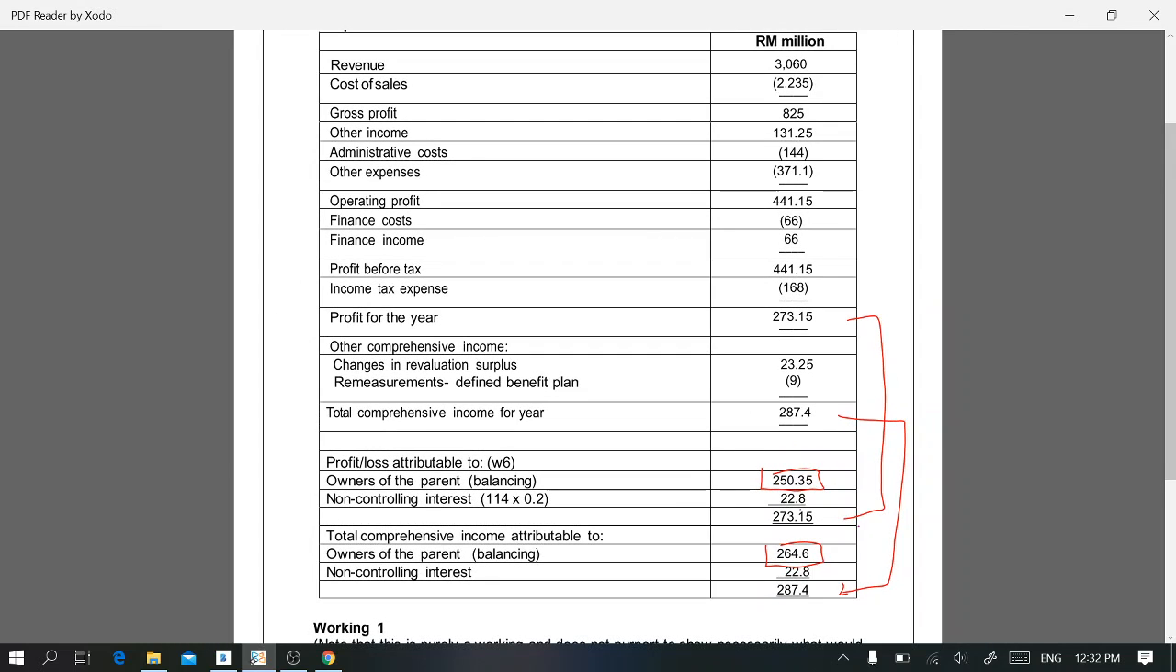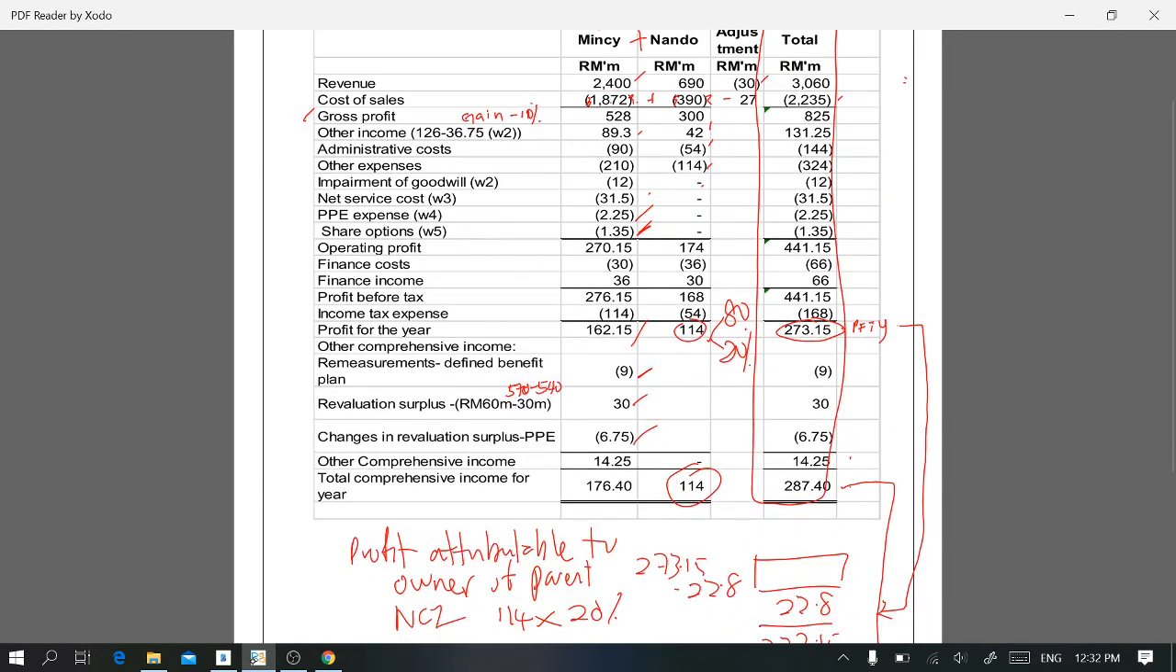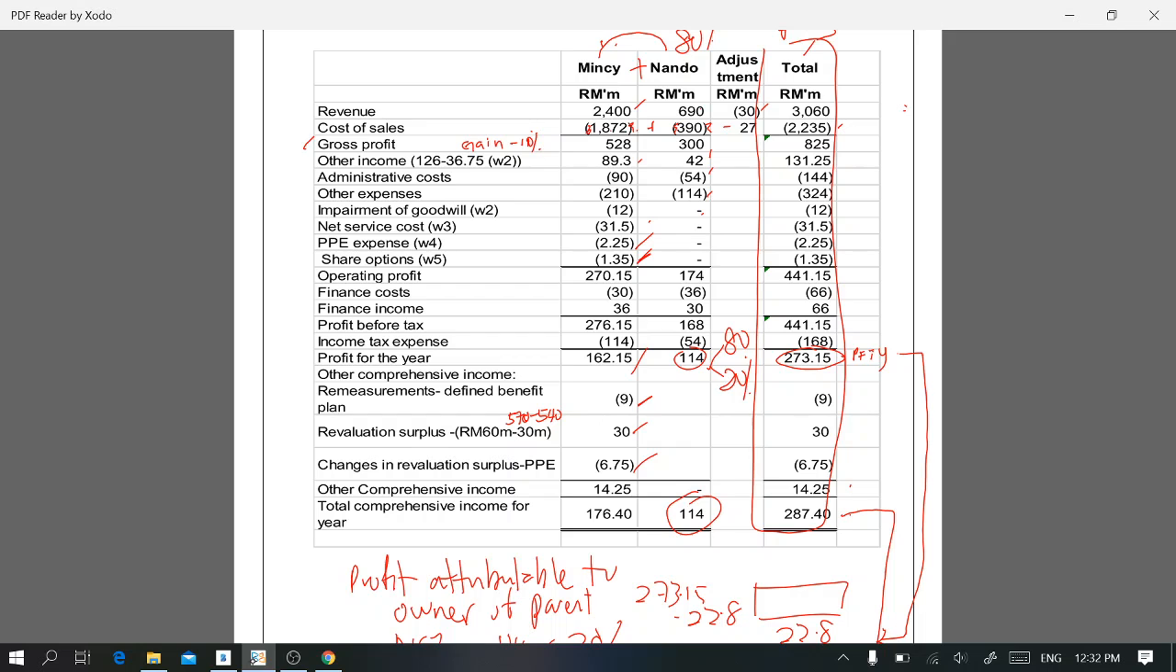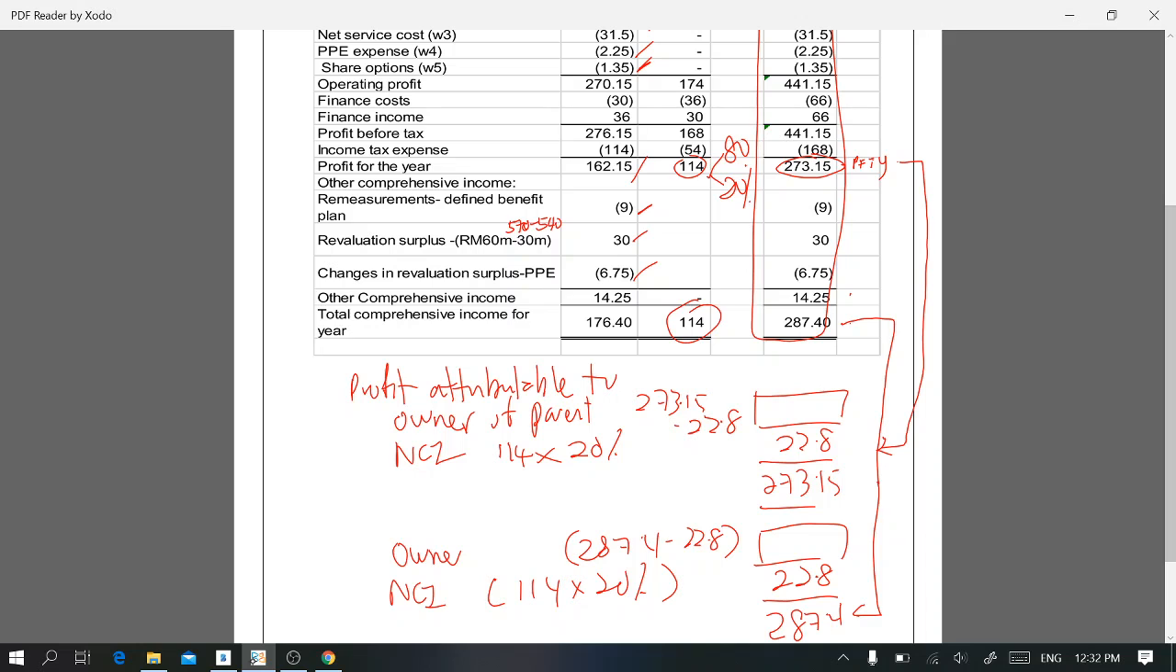So you don't have to prepare this in the exam. All you do is, if you want to save time, you do it this way, and this will be your final answer, this column, and you just have to add in the profit attributable. Okay,